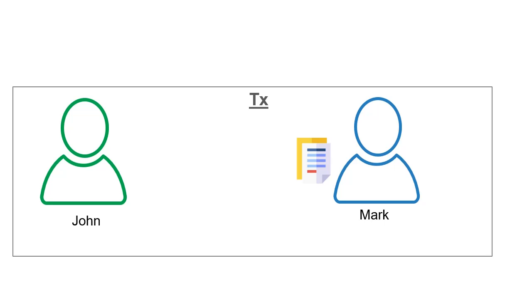So what happens in a blockchain? This transaction will get stored in one of the blocks in a blockchain. That block, number one, which you can see here, will contain the transaction, but it will not contain only that transaction. It can have more than one transaction stored in that block.